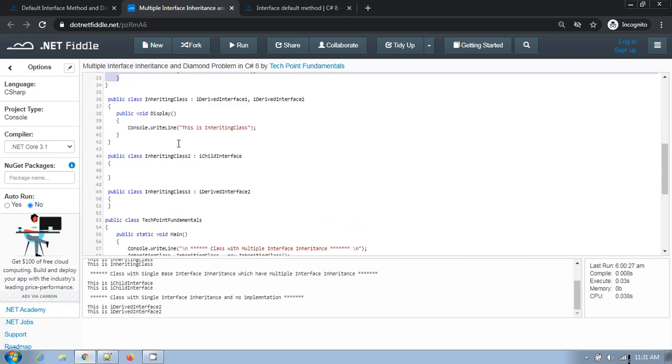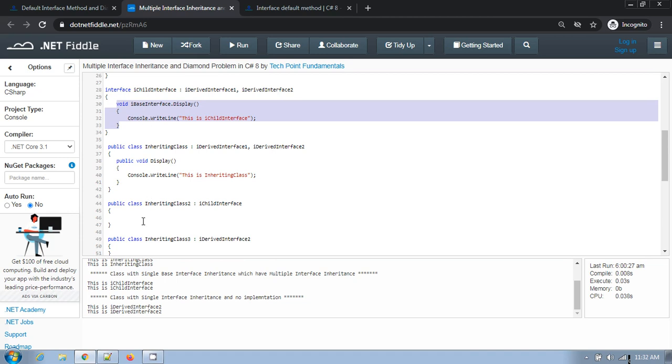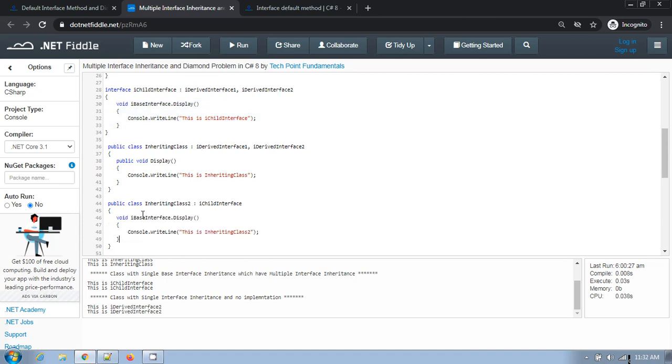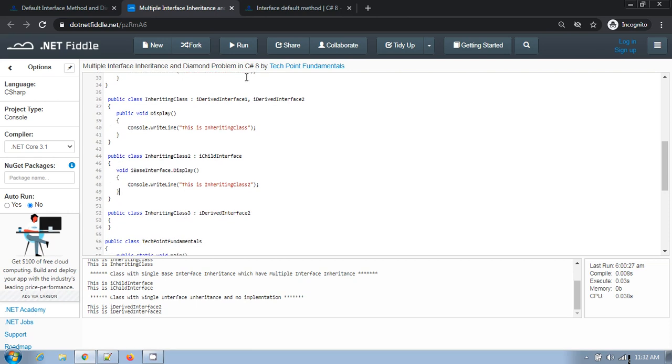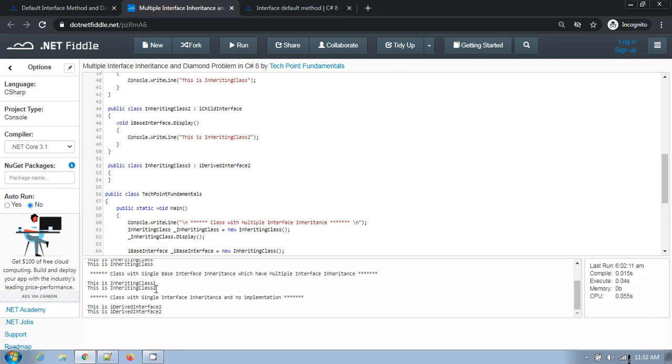Again, suppose you re-implement this implementation in the class, what happens? Just let me run this program. This is inheriting class 2.